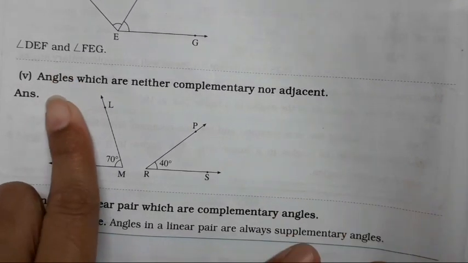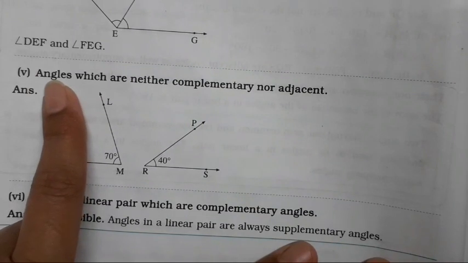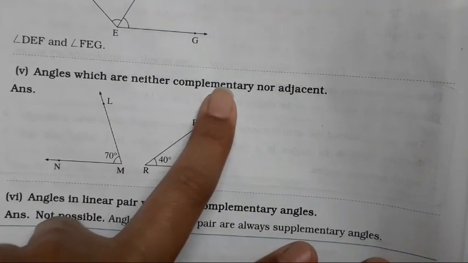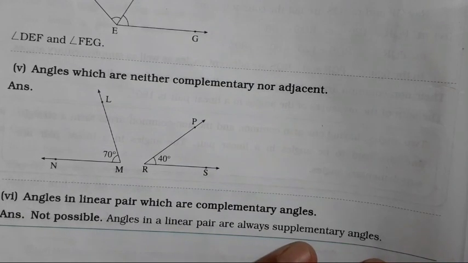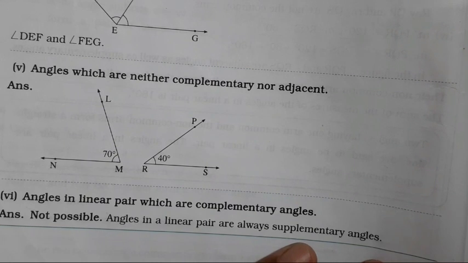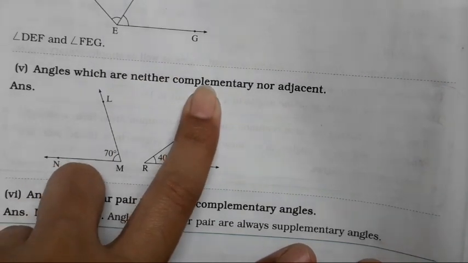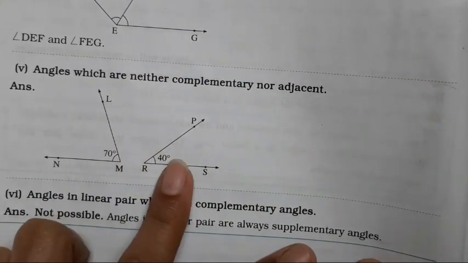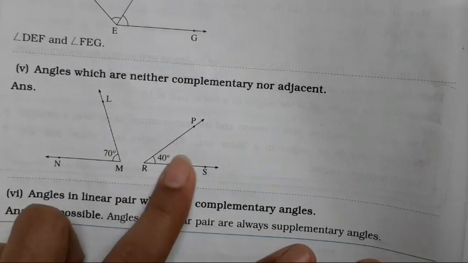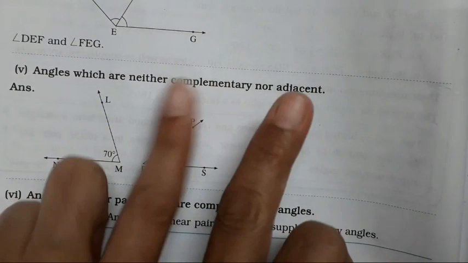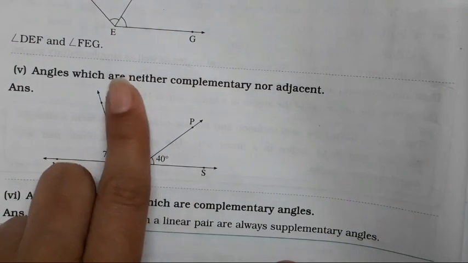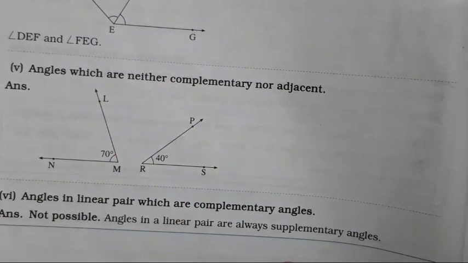Now the fifth question is angles which are neither complementary nor adjacent. Now it should be not complementary and not adjacent. मतलब दोनों भी नहीं होना चाहिए, adjacent भी नहीं होना चाहिए, complementary मतलब 90 degree का भी नहीं होना चाहिए. So 90 degree का नहीं होना चाहिए, that means you all can take any angle, isn't it? 60, 40, two different angles you all have to draw because it is said adjacent. Adjacent बोले तो मतलब दोनों अलग होना चाहिए and it should not be 90 degree.